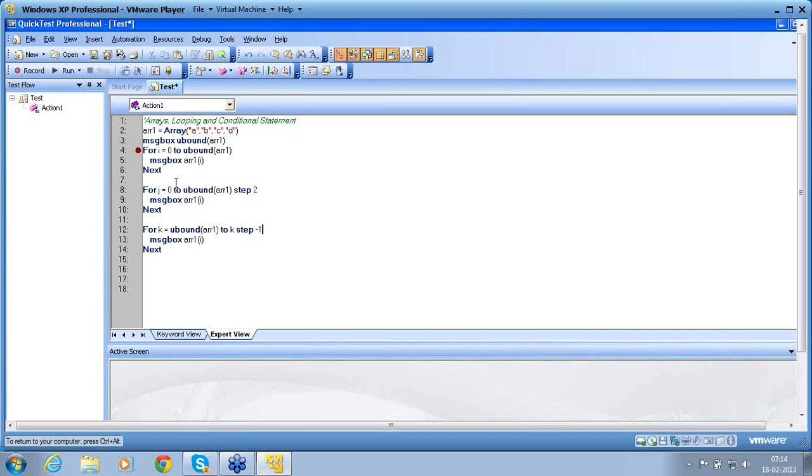That means it will decrement by 1 starting from the topmost array. So array of K. So K of 3 first, then K of 2, then K of 1, then K of 0. So this is the way the looping is done.